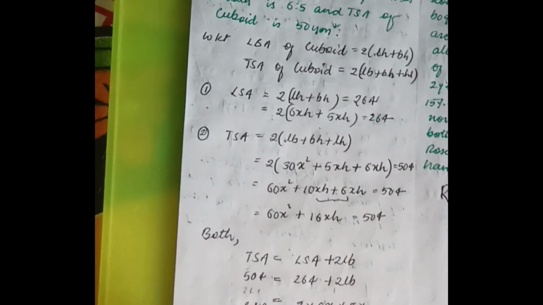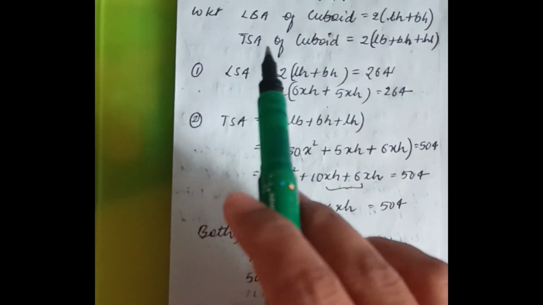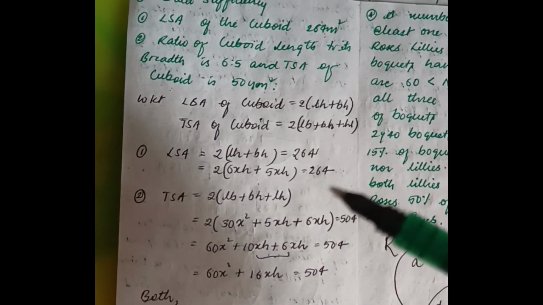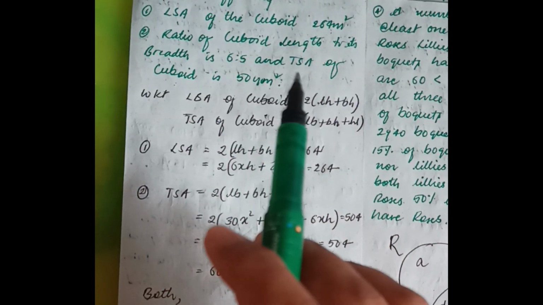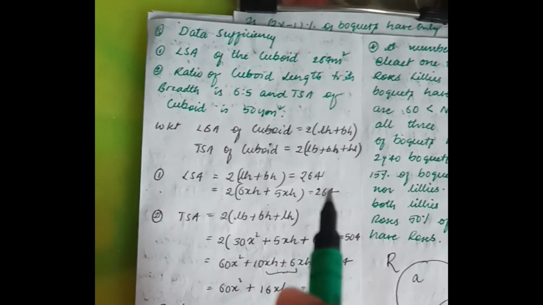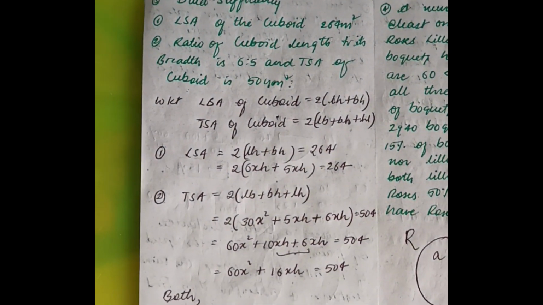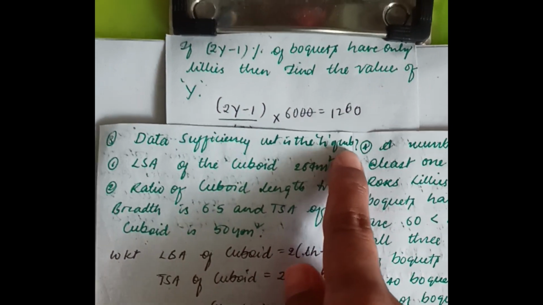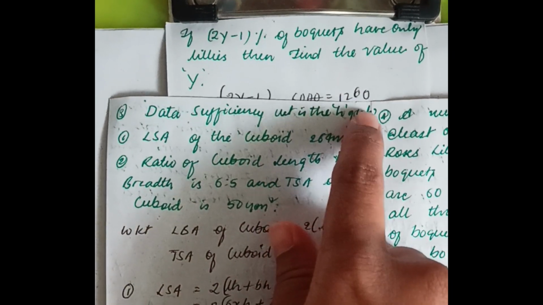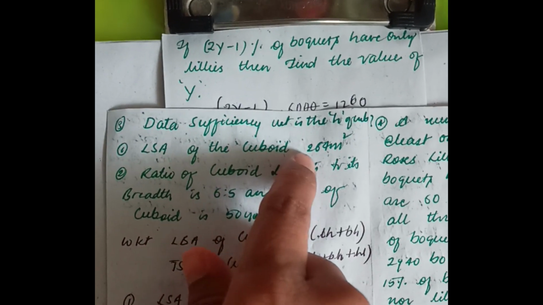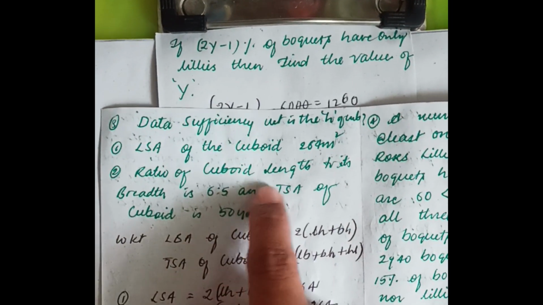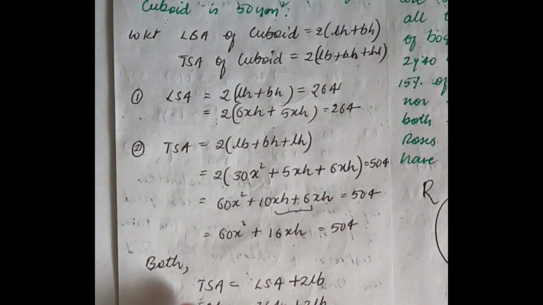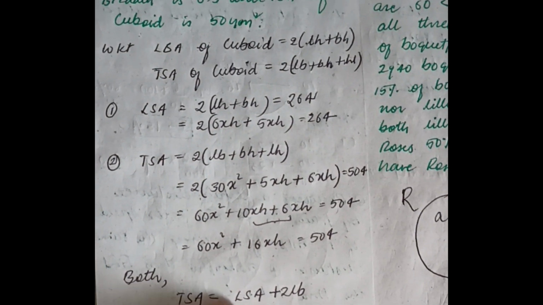Next, by seeing this, we know that we can't calculate, wait, I think I have missed something in the question. So the question is, what is the height of the cuboid? In order to find the height of the cuboid, statement 1 is not sufficient and statement 2 is also not sufficient. So if we use both the statements, let's see,